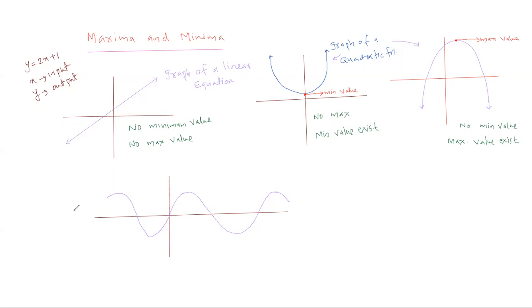Say for example, graph of sin x, maybe not exactly correct, but graph of sin x. See this function. Is this function having a maximum value? Yes, this is having a maximum value and minimum value exist. So you can say maximum value is at this point, whatever it is,